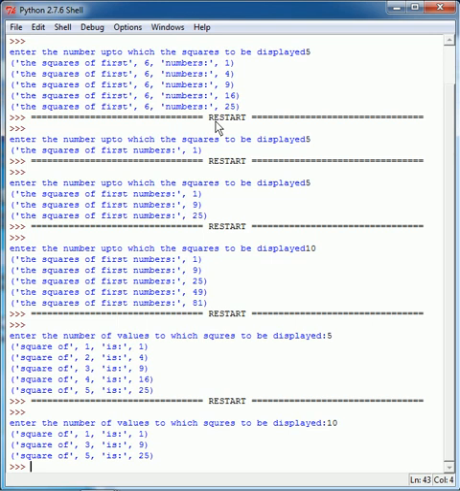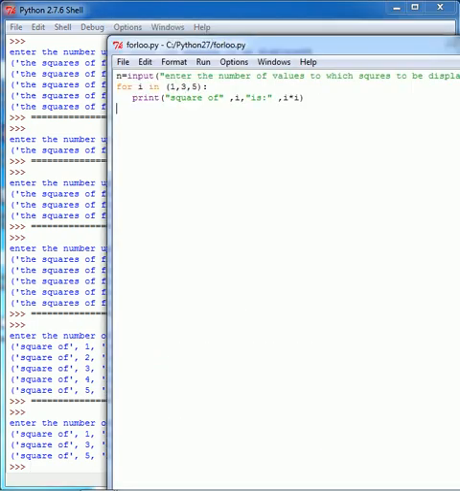I have given number of values as 10, but it doesn't display all the numbers. Why? Because I gave only 1, 3 and 5. That's why it prints the squares for 1, 3 and 5. That is 1, 9 and 25. Likewise also we can use the for loop. Right? Next,